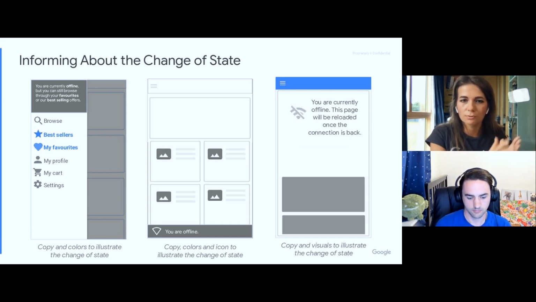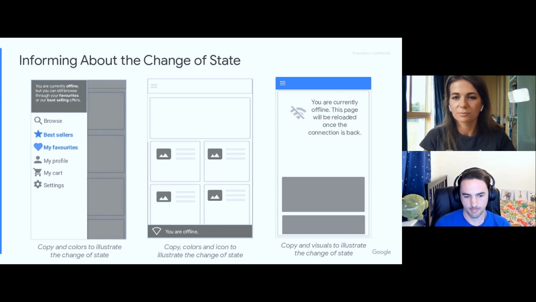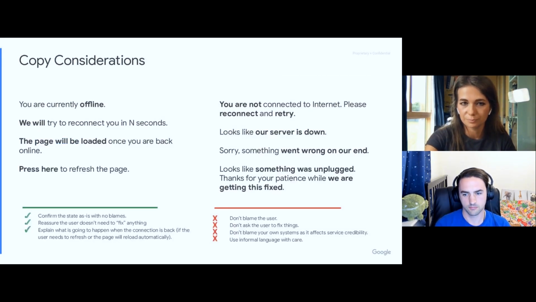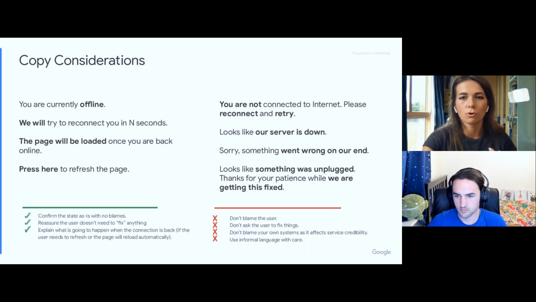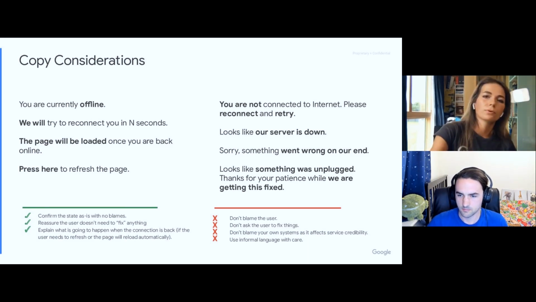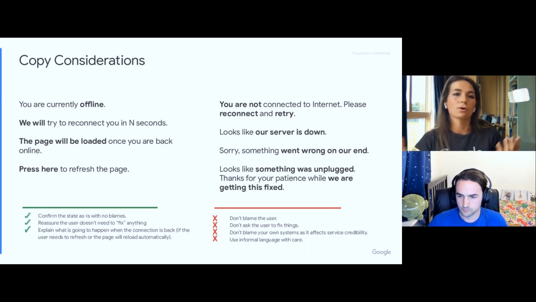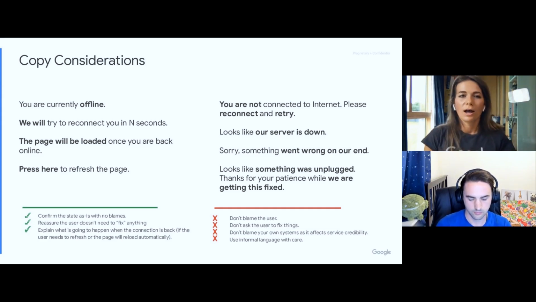It can also be interpreted as if some items are out of stock, or it cannot be accessible to 100% of users. So just simply add a copy, add an icon to avoid misinterpretations. And for copy, it's all the same rules as for the copy for the install value proposition. So keeping things simple. Here also it's important: don't blame the user for going offline, like you got disconnected,